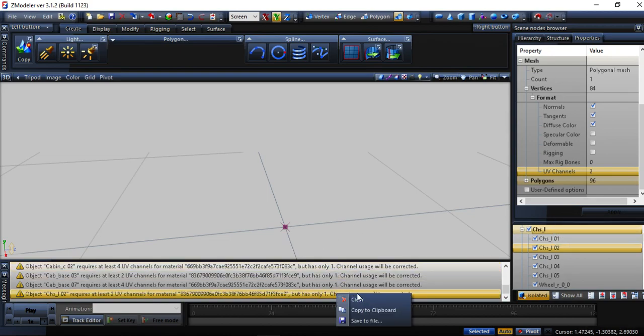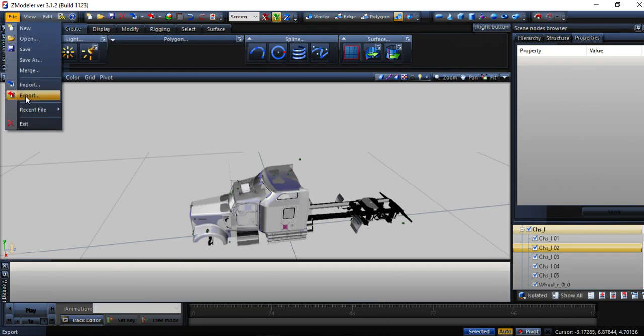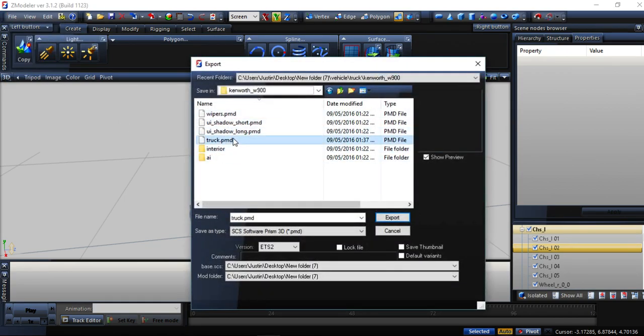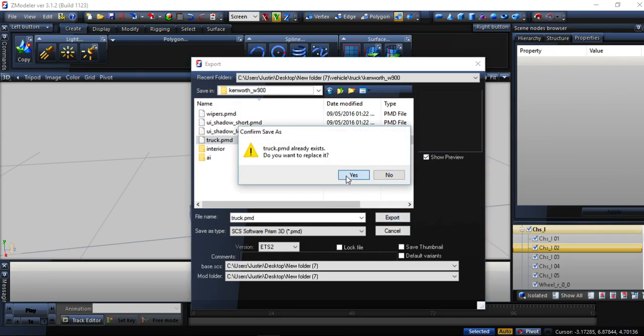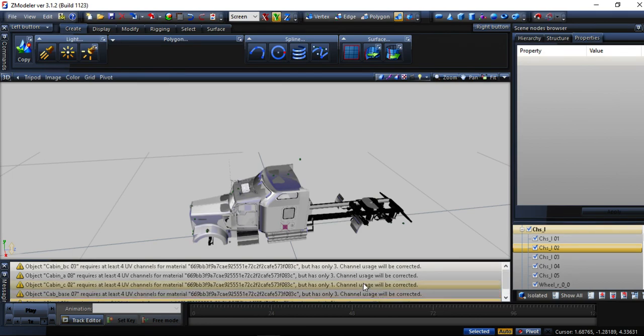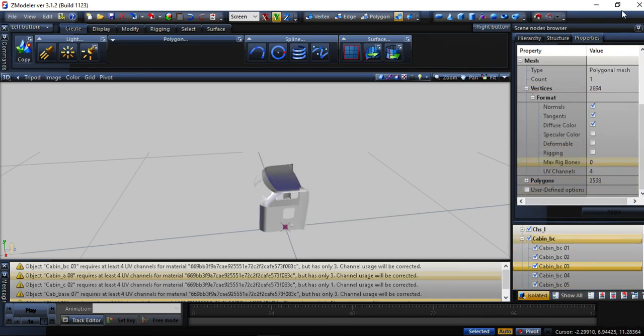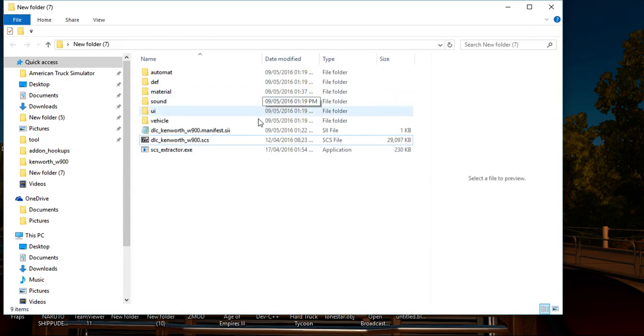Okay, now we're gonna clear, unisolate, file, export. I'm receiving a bunch of errors again. So let's see, cabin underscore BC3. Yeah, it has UV channel. I think this one just needs to update. Okay,